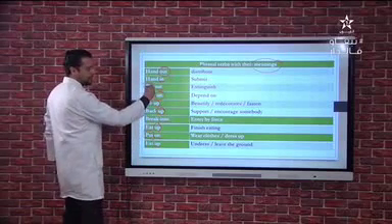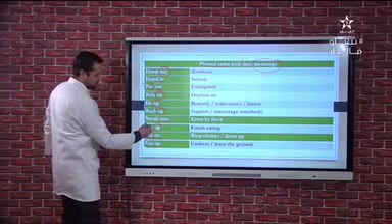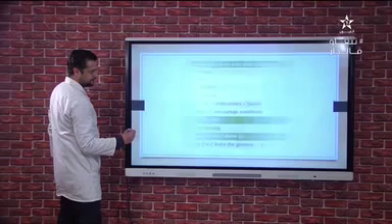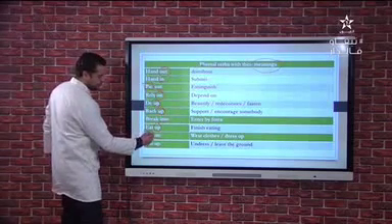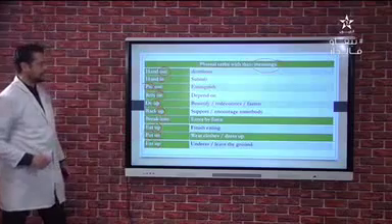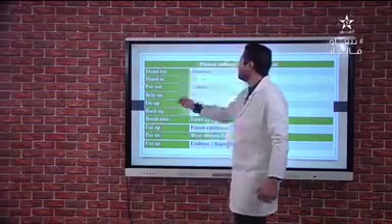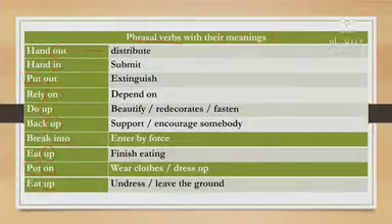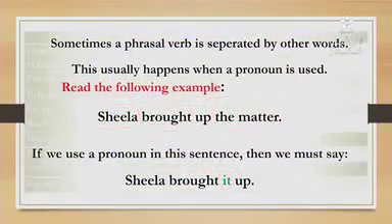As you can see, we have different prepositions, which affects, of course, the meaning of this sentence. Right. So let's have a look at the first one. We have handout. It means to